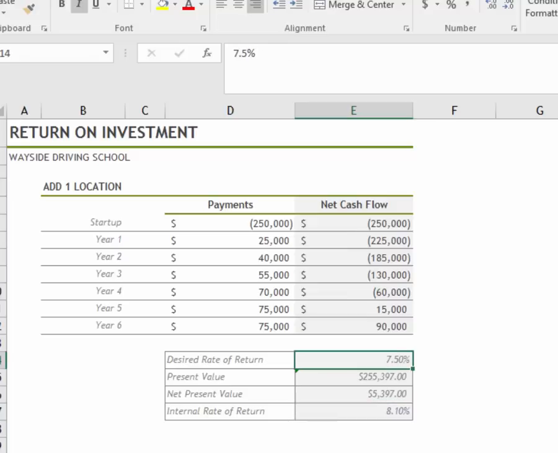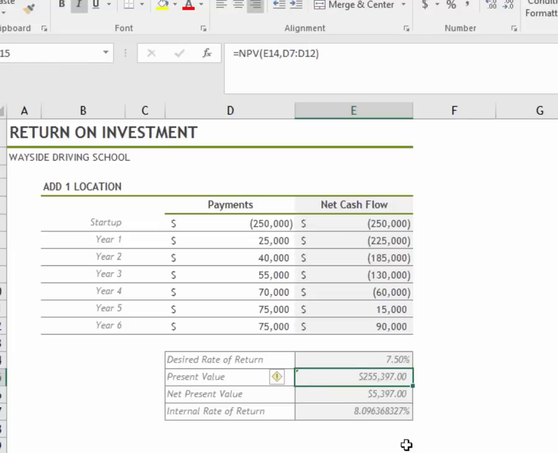In fact, we can test that by just putting 8.1% up here and see that it was close enough. It went to $32, not exactly 0, but this is probably 8.1 something, and we're not seeing all the digits. So I guess I could fix that. There you go. So that's the answer. If we put that answer up here, this would end up being 0. So I will convert that back to